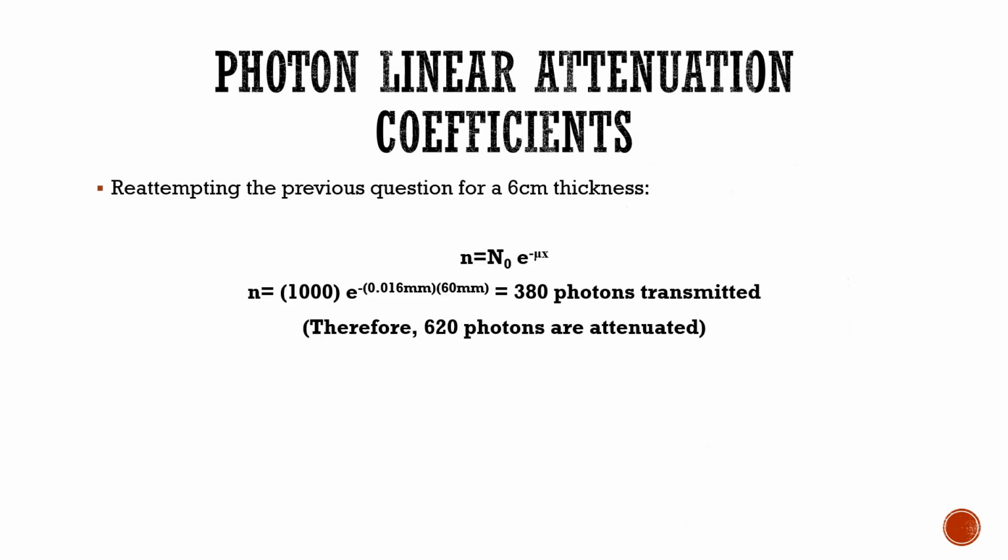Knowing this, let's reattempt the previous question for a thickness of 6 centimeters. N is equal to N naught e to the minus mu x, where once again N naught is the original number of photons comprising the beam, mu is the linear attenuation coefficient, and x is the total thickness being traversed. So plugging in the values into this equation, we get N is equal to 1000 e to the minus 0.016 by 60 millimeters, and we get a more reasonable answer of 380 photons being transmitted, or therefore 620 photons are